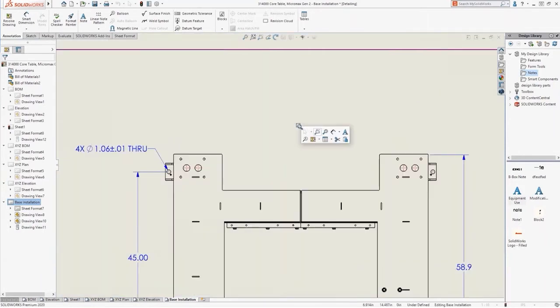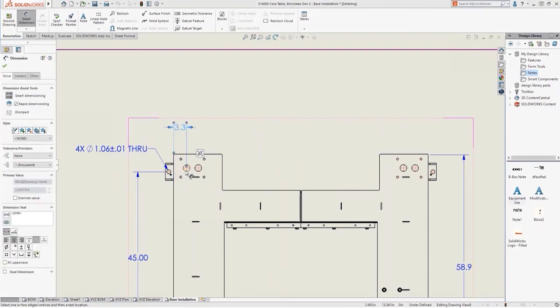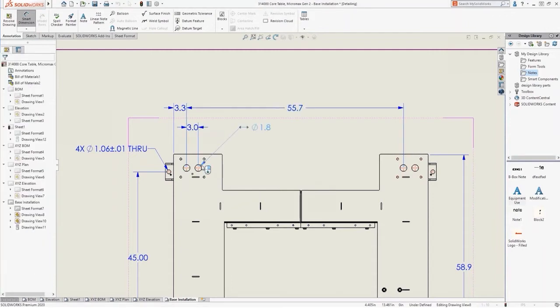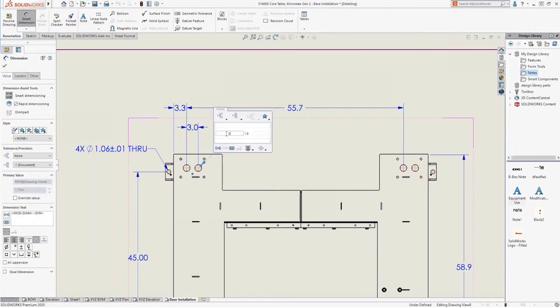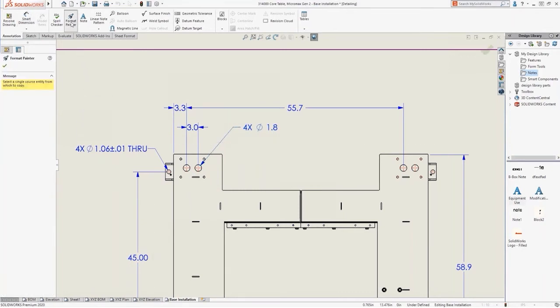If we want to add some dimensions, this is where one of the most significant limitations comes in. We can still add dimensions, no problem, using the standard Smart Dimension tool, but the limitation is we can't use the model items command. You can actually see that it's grayed out on the command manager. Anything grayed out on the command manager is not able to be used. And the reason for this is usually because they require the full model data in order to work, in order to have that intelligence. But we still have access to things like the format painter, the dimension palette,